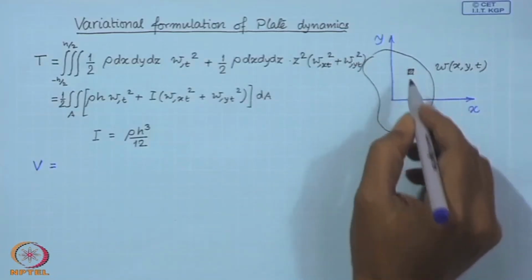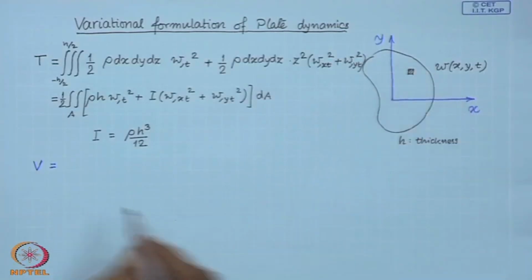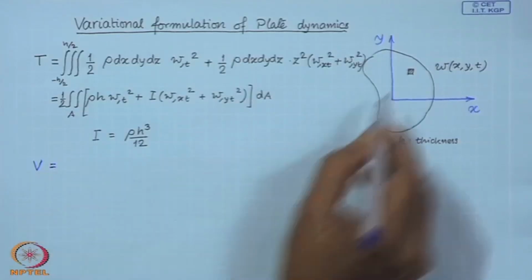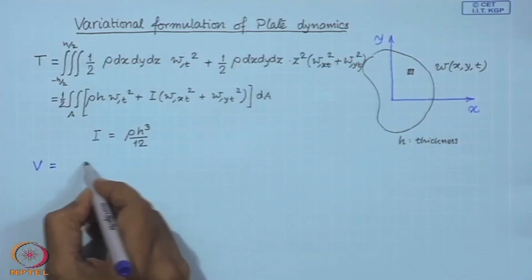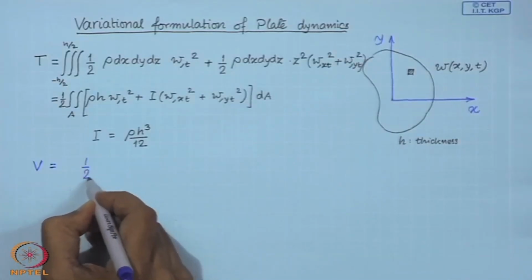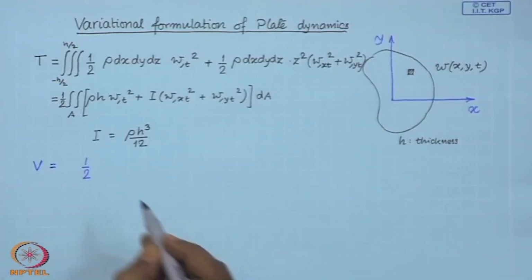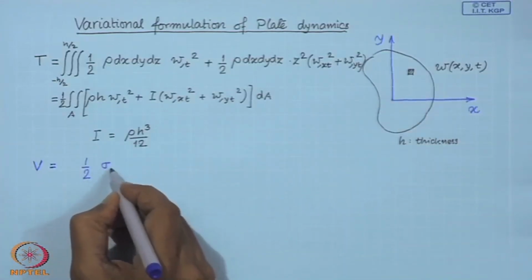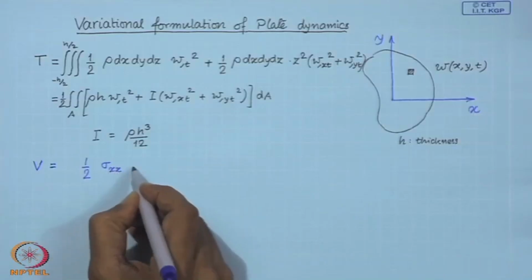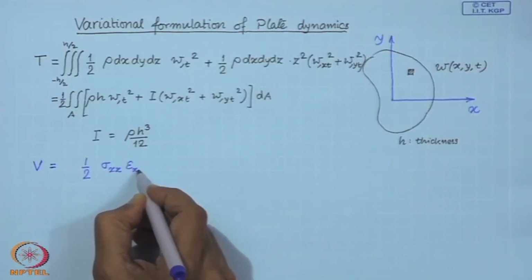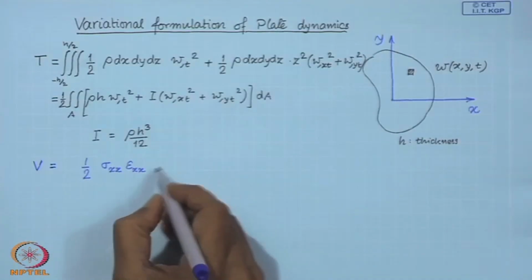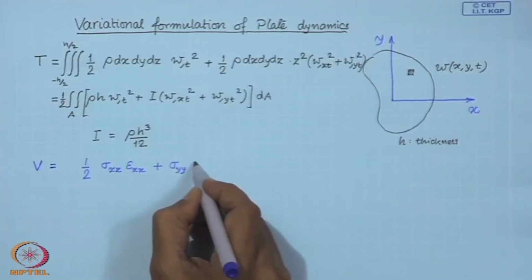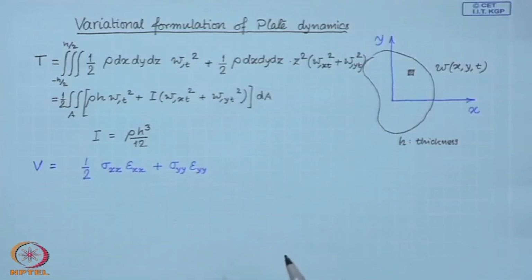So, with these in plane stresses, the strain energy stored because of the deformation is given by half times stress times strain. So, now we have the normal stress in x times the strain in x, plus the normal stress in y times the strain in y,